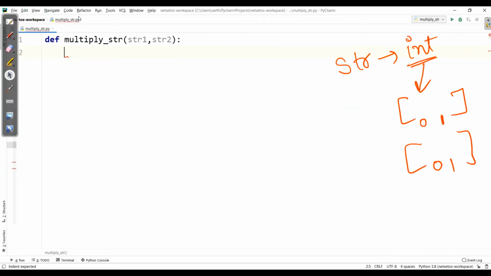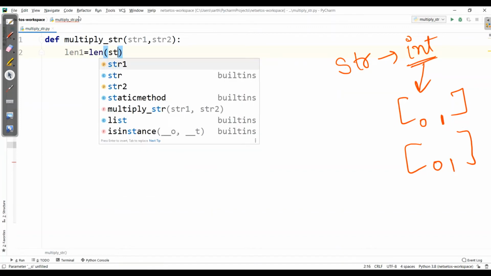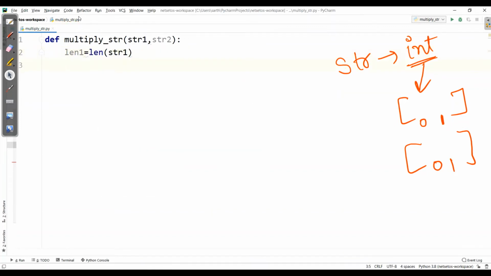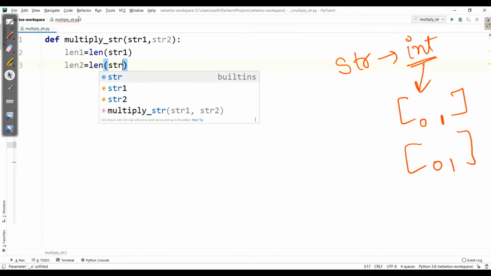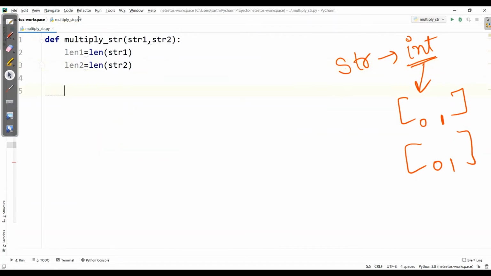So first I'll define the length of the first string. It will be denoted as len1. Here I'll have len of str1. Similarly for len2. Now I'll reverse the string.